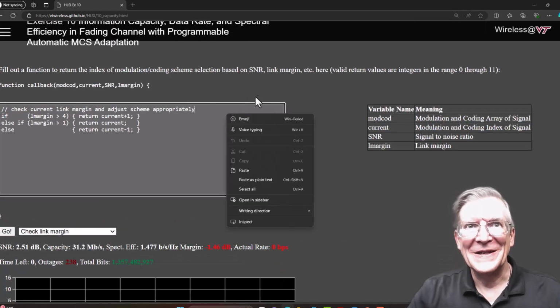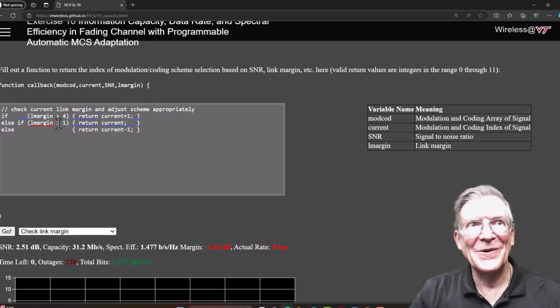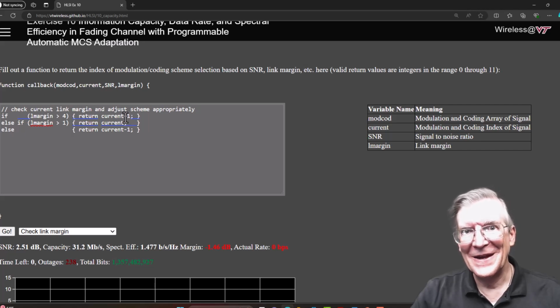Okay, so what we're doing is checking for a variable called L margin, which would be link margin, presumably in decibels. It actually is listed in our list of variables, so let's assume that that's in decibels. If the link margin is greater than 4, what we're doing is returning the current MCS plus 1, because whatever value we return is the index of the MCS. The higher indices represent more aggressive combinations of modulation and coding. And so we will be increasing that if the link margin is high enough, and then decreasing it if the